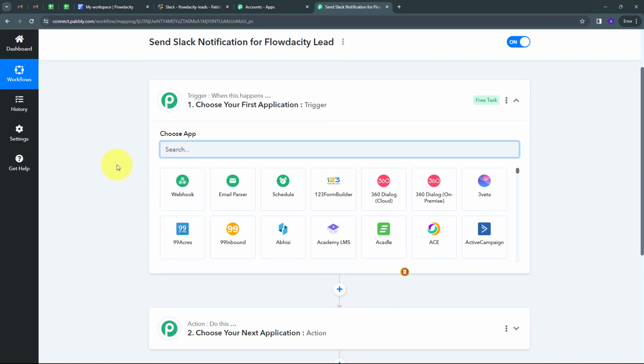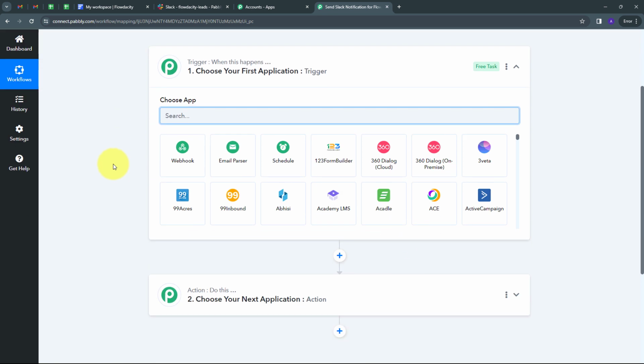And this will take us to this most important window of our workflow. Here we have two boxes, trigger and action. So these are the two main principles on which our workflow works. Trigger says when this happens, action says do this. So trigger is going to be the first step that will get executed in our workflow and action will just follow that. So we have to set up our trigger first, and here my trigger application is going to be